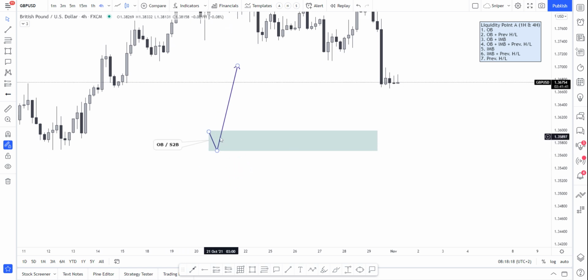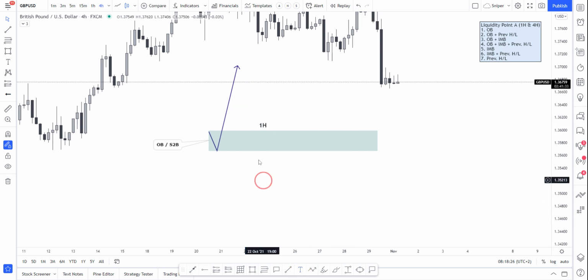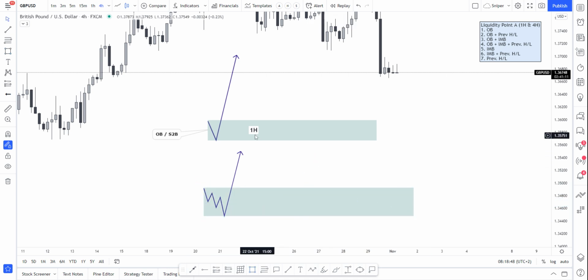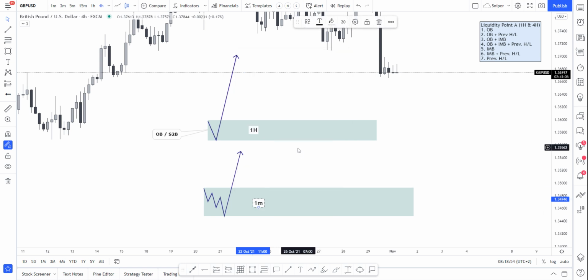On the lower time frame, let's say this is the 1 hour, we can just take a note there and say that this is our 1H time frame. Then perhaps on the lower time frames, you would see a series of down candles. You would see a move down, another move down, another strong move down, and then a big move up. Those series of down candles, this up movement is the wick, that will be your order block on the lower time frame. Let's say this is perhaps the 3-minute time frame, or the 1 minute, or let's say the 1 minute time frame. And then that would then also be your